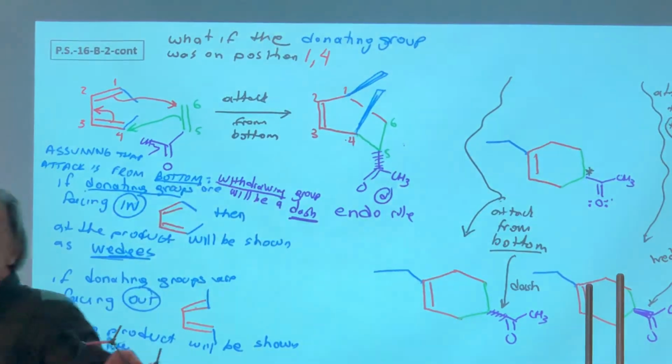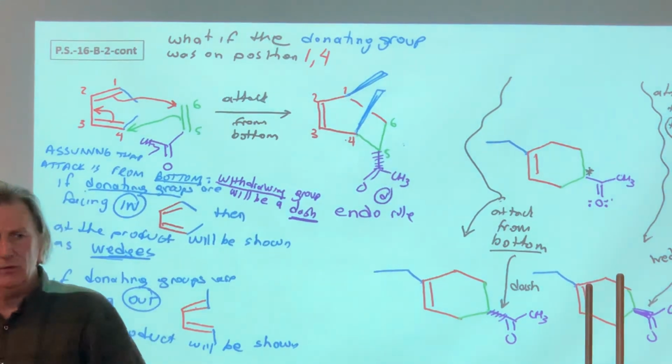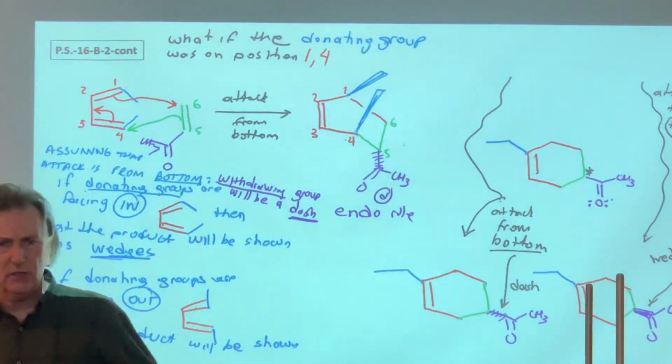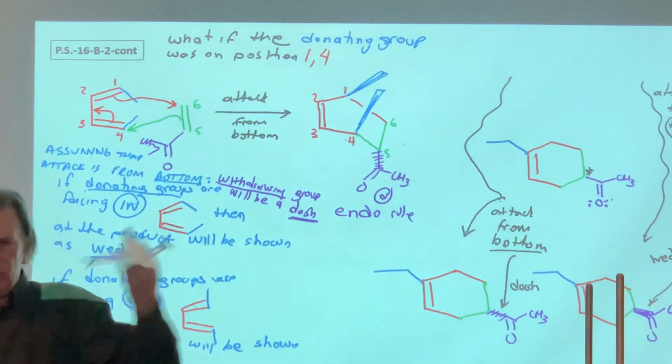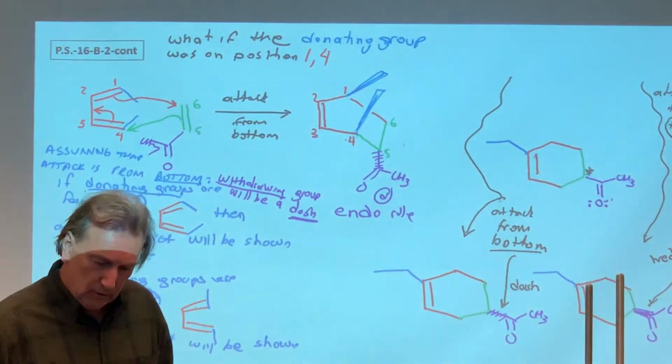I hope you realize we go slow here because that's like half the unit, or more than half the unit, like everything's here. There's resonance here, donating groups, transition states, the others will be faster, I promise, right? Okay, so